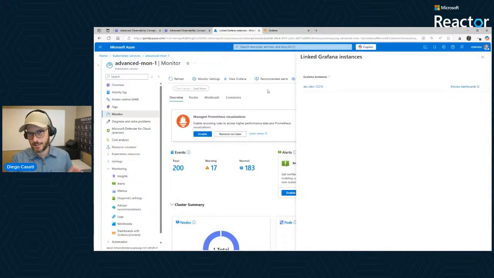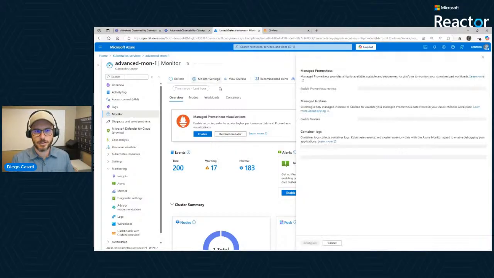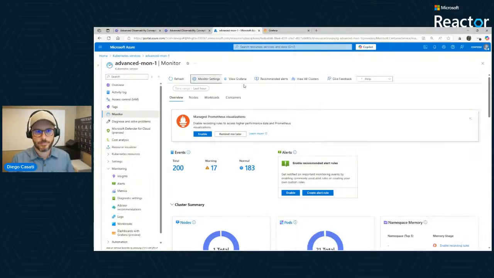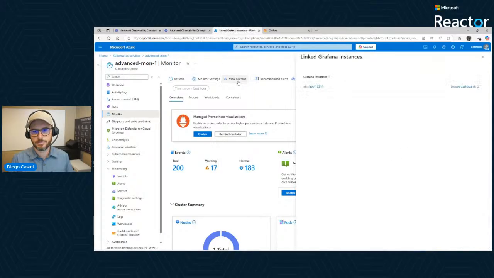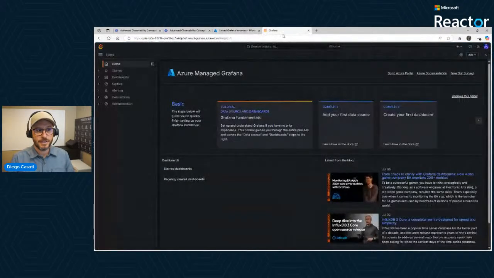There's two ways. One is through the portal. Let's go back here. Go to Monitor on the side of your cluster, click on View Grafana, and then you can just click on Browse Dashboards, just on the right side. That's one way. I'll show you the other way here in a second. But this will drop you into this view.